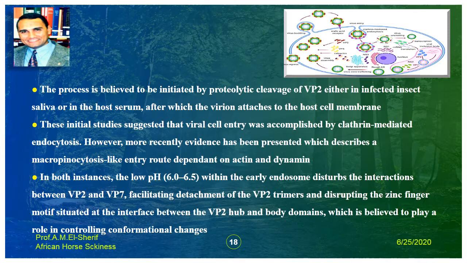However, more recently evidence has been presented which describes a macropinocytosis-like entry route dependent on actin and dynamin. In both instances, the low pH, from 6 up to 6.5, within the early endosome disrupts the interactions between VP2